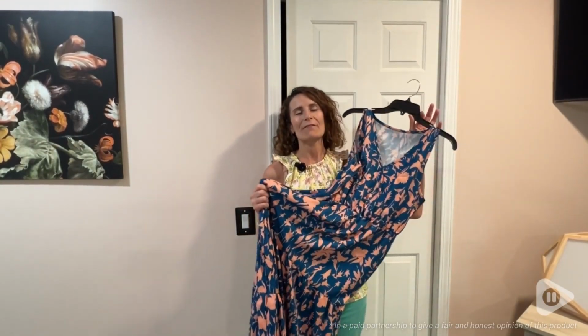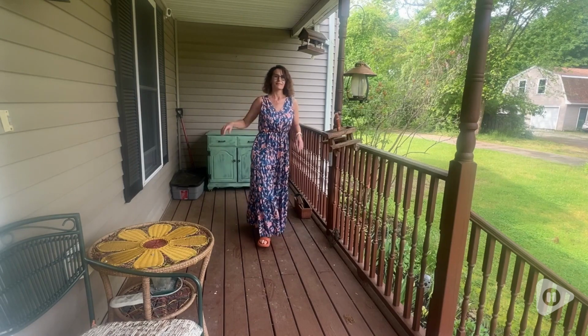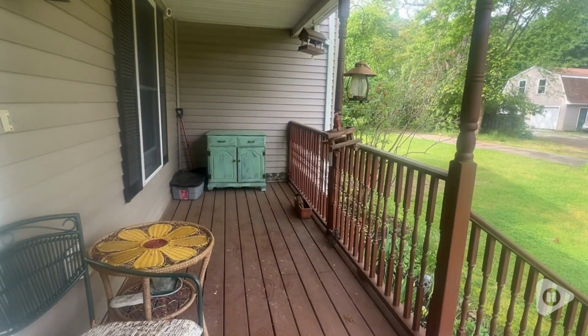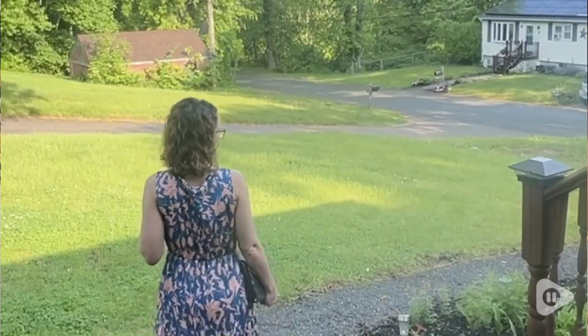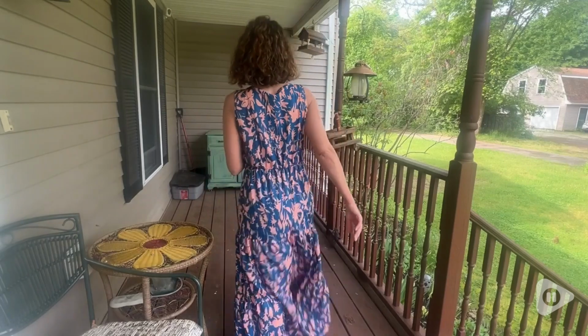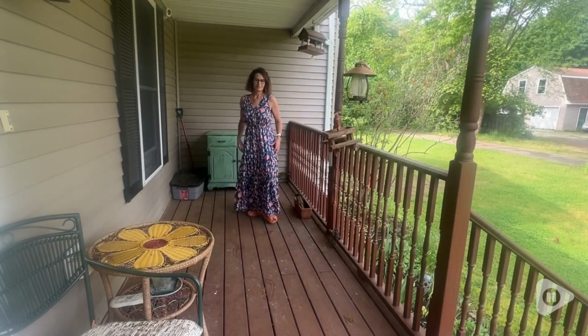Looking for a really fun and flirty dress that will help you to have the coolest summer ever? This beautiful dress from Ulatemo is a gorgeous maxi dress that is so comfy and cool, but it's pretty and could be worn to all your summer events. The dress is a sleeveless dress. It's a long maxi style dress, and you can see that it has some ruffling along the bottom skirt of